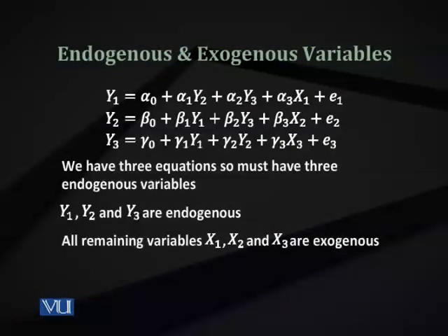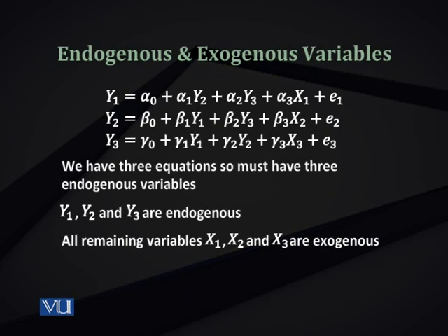Presently you have three variables. You may have more variables. For example, you may have x1 and x4 in equation 1. So you may have multiple variables. It is not necessary that you will always have the same number of explanatory variables or exogenous variables as equations. These are some easy models to make you understand how we show and how we assume which variables are endogenous and which are exogenous. So in this case, y1, y2 and y3 are the three endogenous variables. x1, x2 and x3, and there may be more variables as well, will be called exogenous.